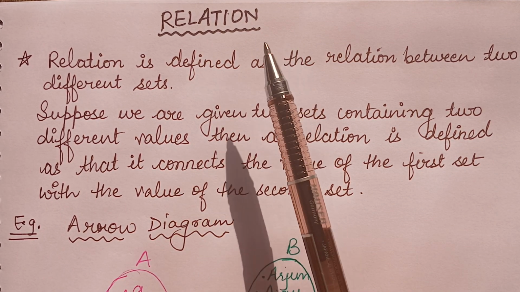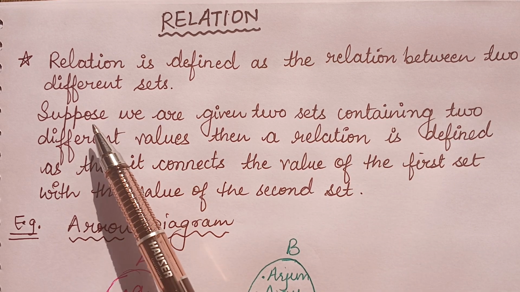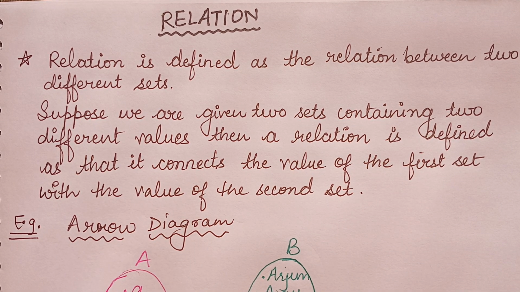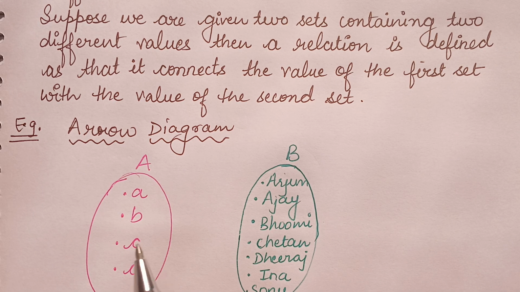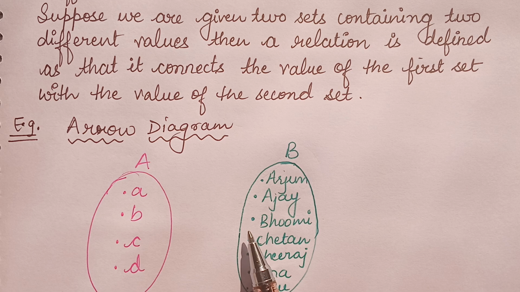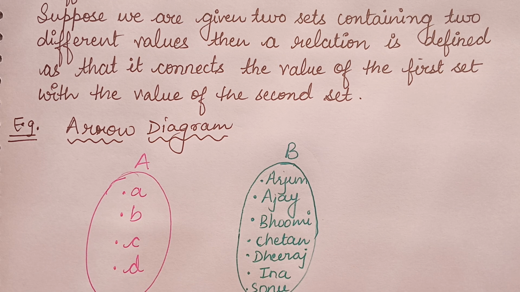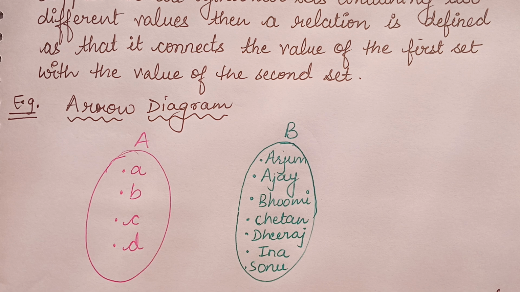Let us learn relations today. A relation is defined as the relation between two different sets. Let us learn this with the help of an arrow diagram. Suppose we are given two sets containing two different values. Then a relation is defined such that it connects the value of the first set with the value of the